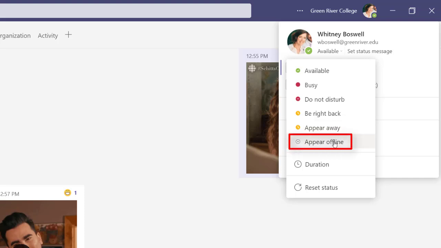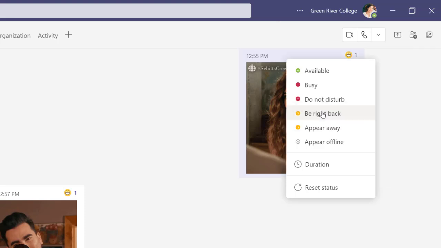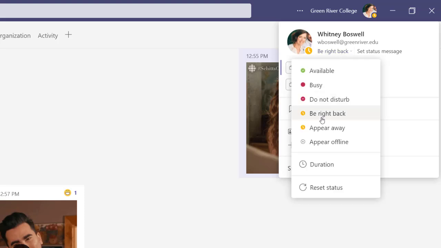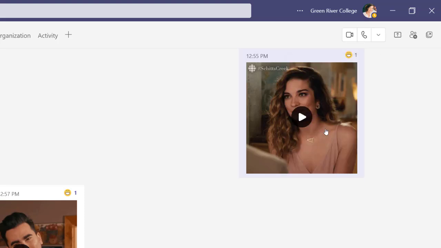And then finally, the last automatic one is Appear Offline, and this shows automatically to others when you've logged off of Teams completely. Now you notice there's Be Right Back and the ability to actually click on any of those right now. And that means you can set your availability manually instead of automatic if you'd prefer. So any of these you can just go ahead and click on and it will change to that. If you change it like that, where you just click directly on it, it will change it forever on that status until you manually change it to something else.